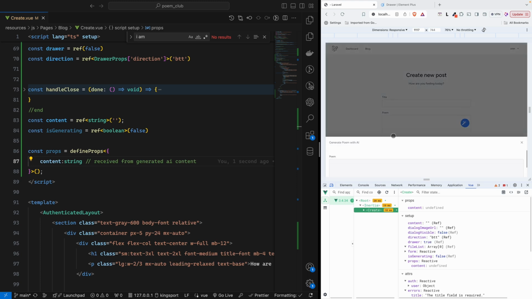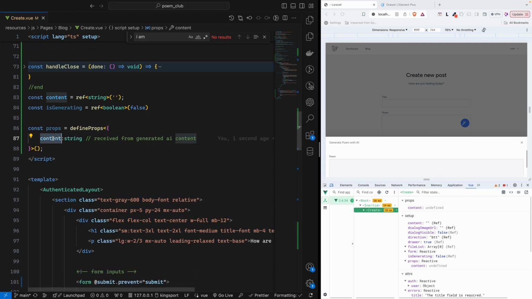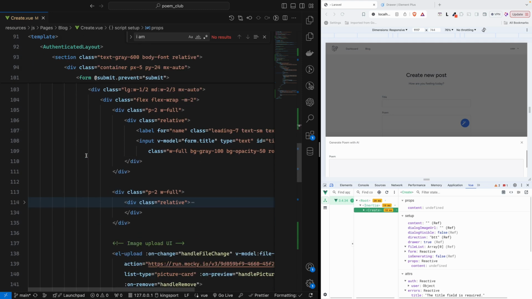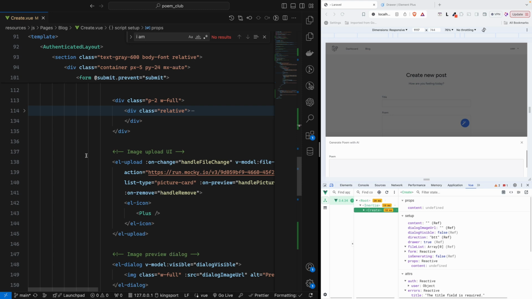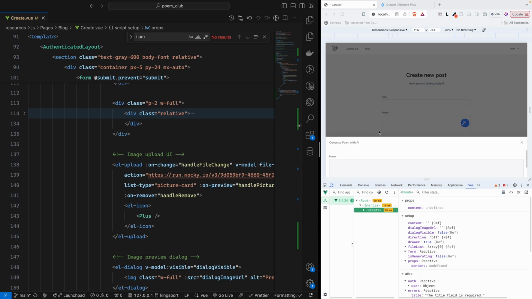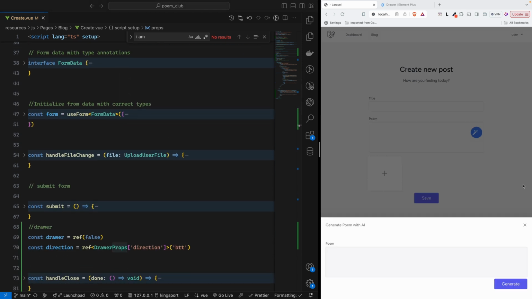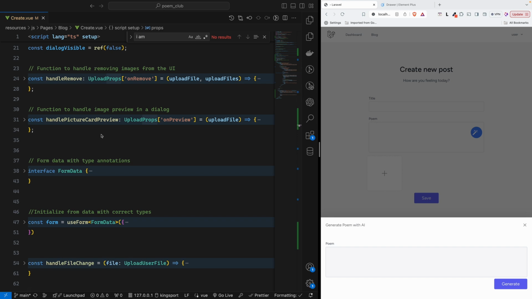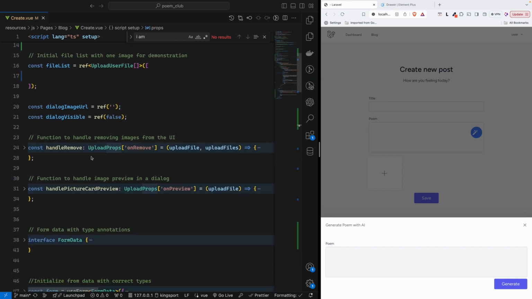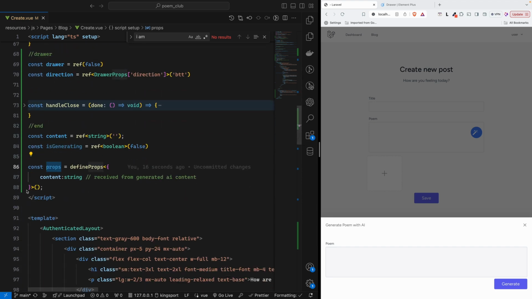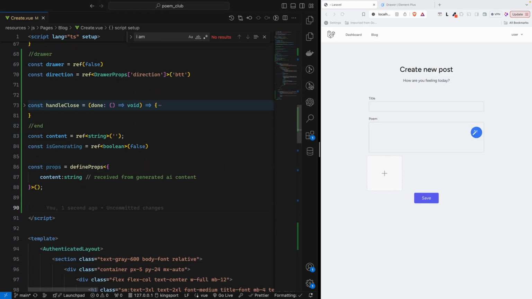So I will go like this, and the content is right now undefined. And that content should be receiving from that prompt. So for the first time, if no content is generated, we will say it's empty. After content is generated, we will assign that content in our text area. That's why we have to do one more thing. Here, at the end of that prompt, we will say form